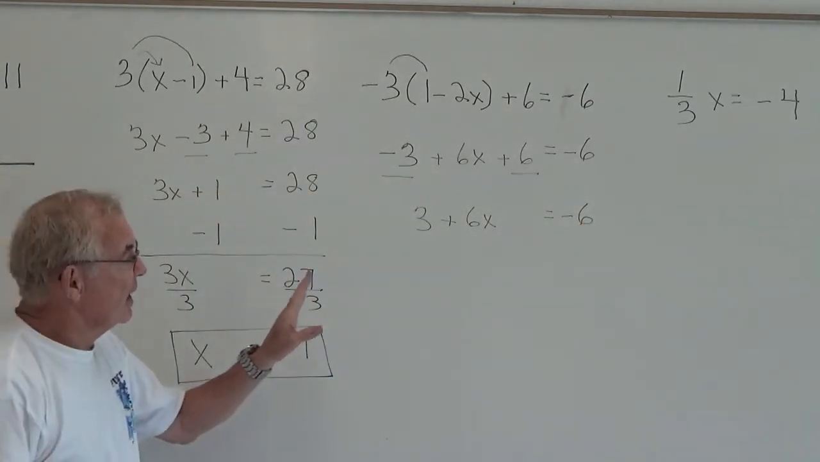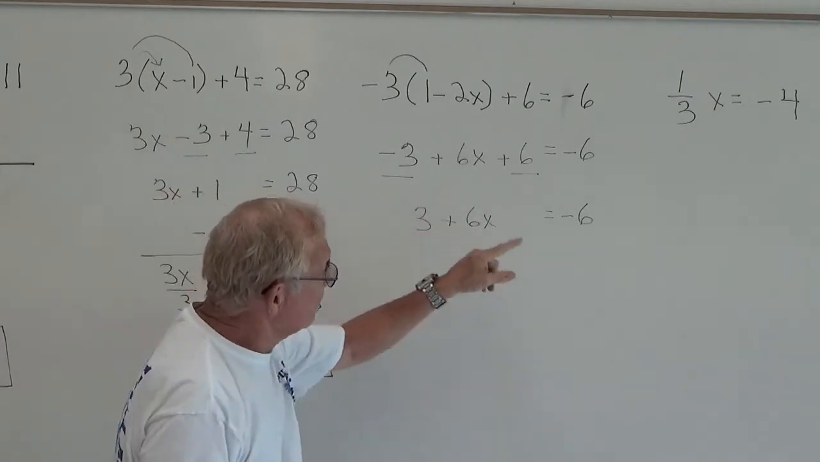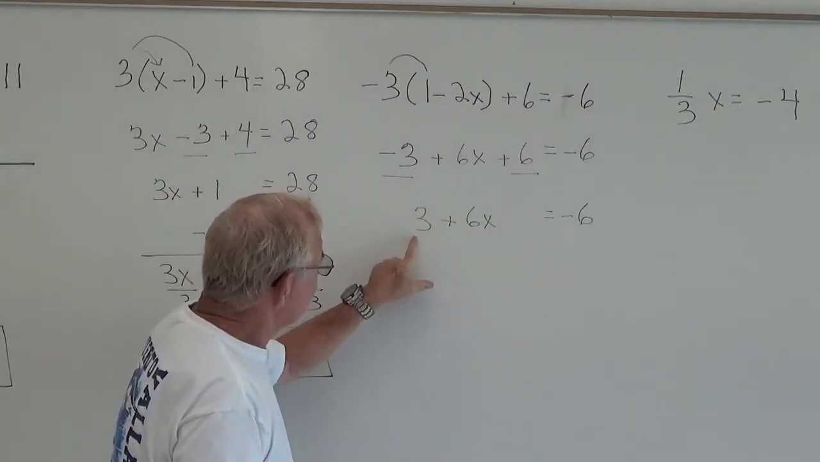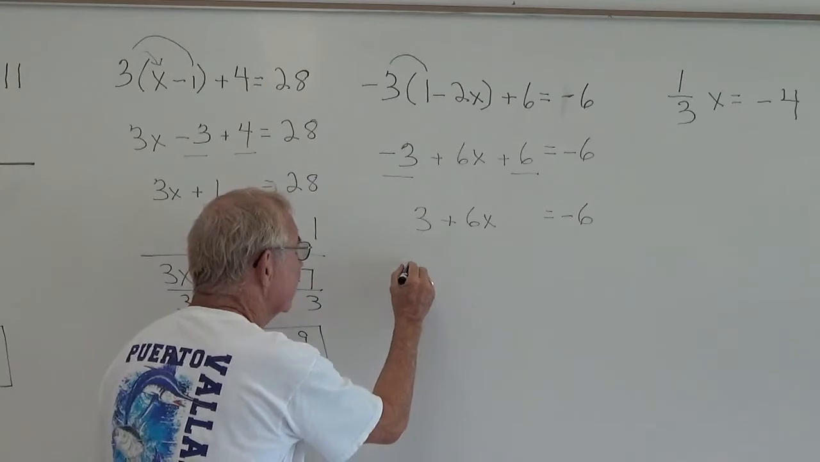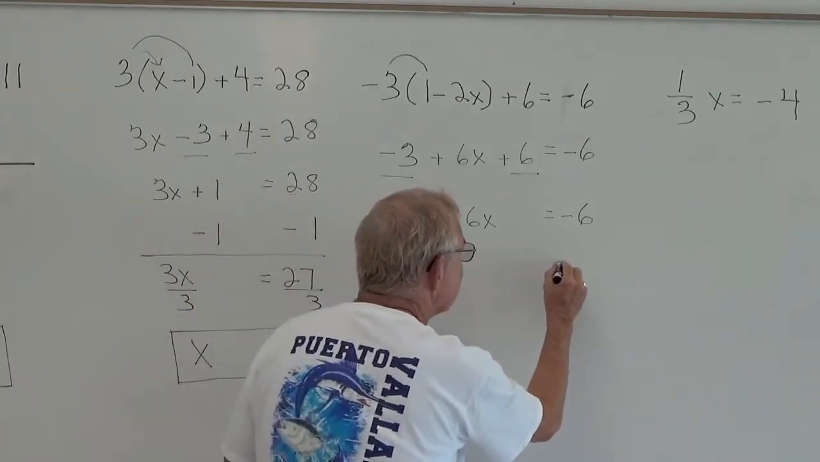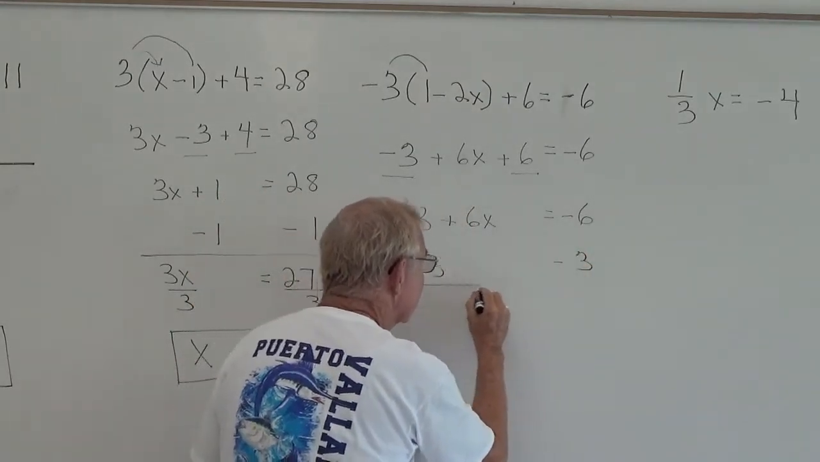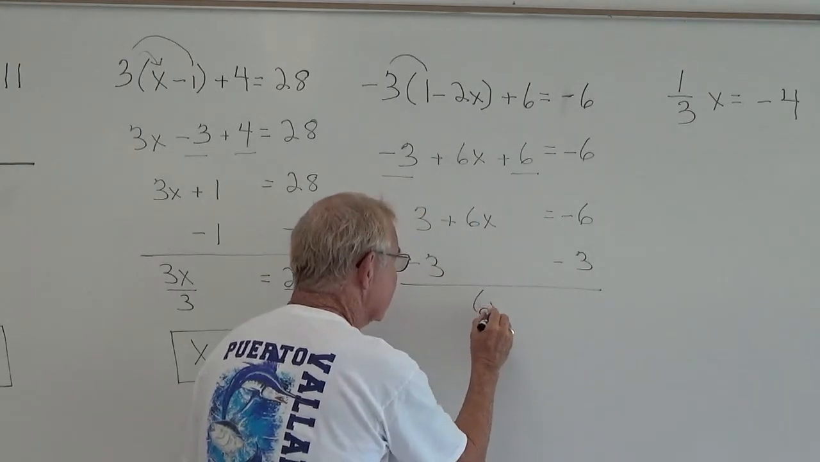Okay, we have our 6x on the left. We need to move the 3 to the right. To get rid of a positive, you take the opposite, which is a negative. And you get 6x. Now,